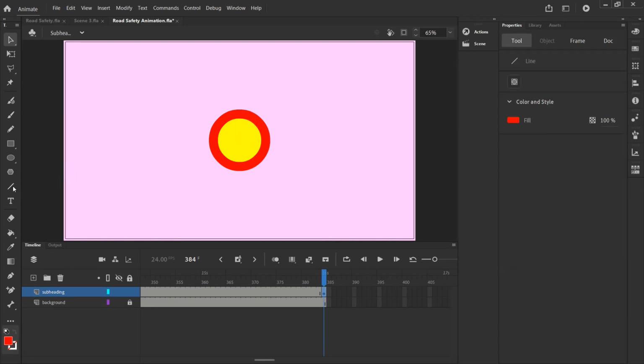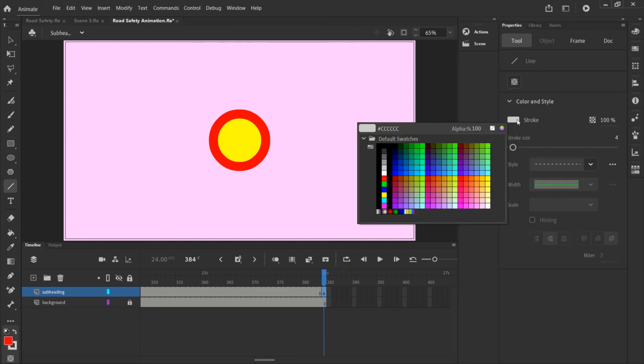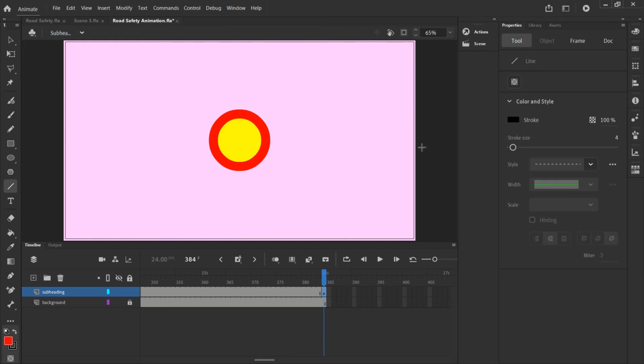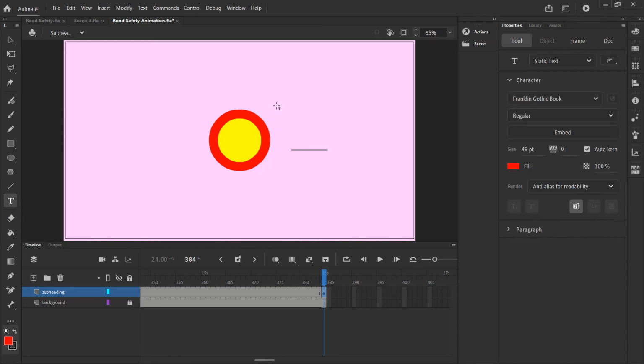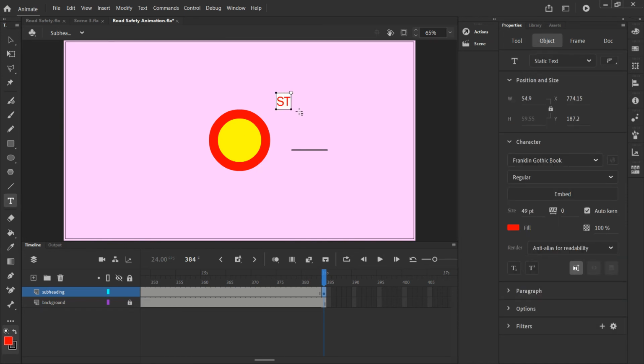Okay, so let's draw a black line to go underneath the text, and I want it to be a solid line. So it's going to be about here. Okay, so I'll just draw that to the side. Now we'll use the text tool, and we're going to write the word stop,